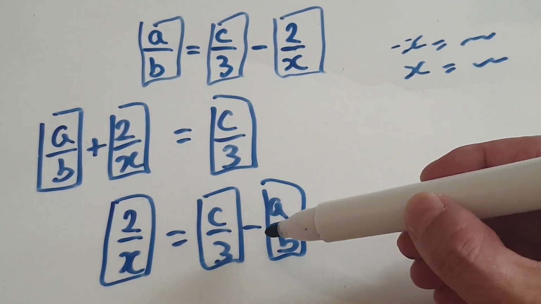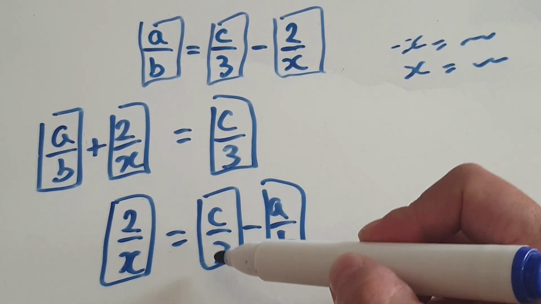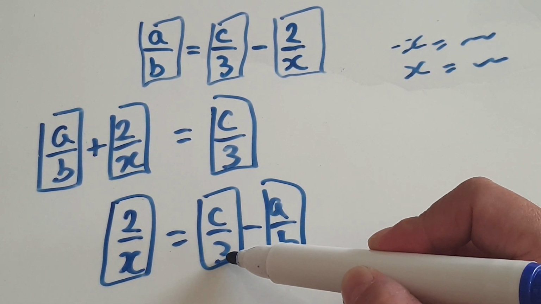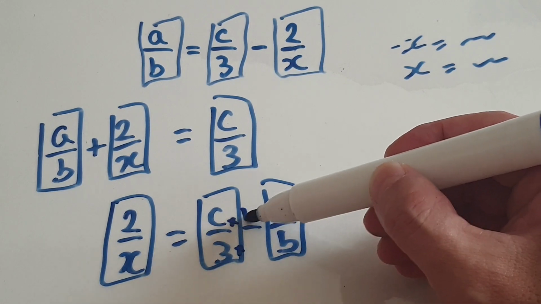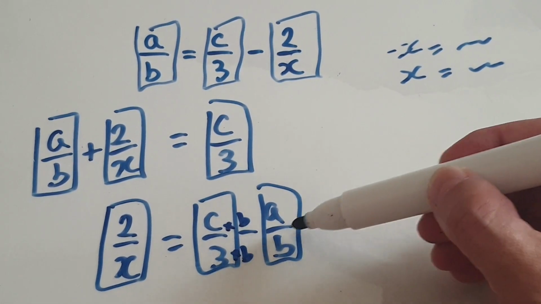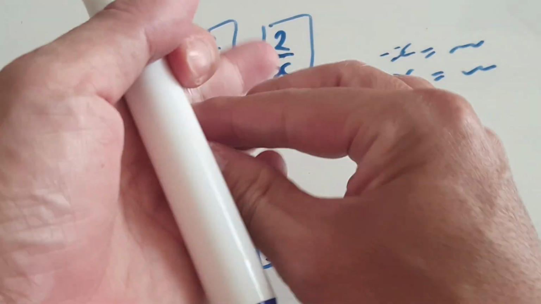So here, to merge them together, to add or take away fractions, you've got to get the 2 denominators to be the same. So here you've got a 3, here you've got a b. So if you times top and bottom here by b, and then if you times top and bottom here by 3, then this thing here will then become,